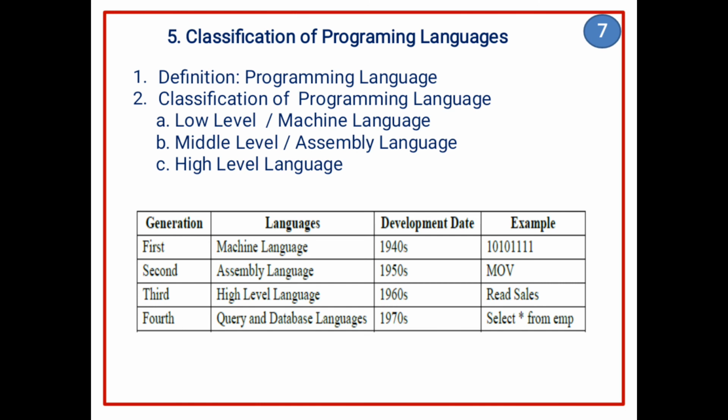And there are a number of drawbacks of this language. The first drawback is instructions need to be translated to low level language by using a compiler or interpreter. The next drawback is slower execution as compared to low level and middle level language. Third drawback is lack of flexibility, and the next disadvantage of this language is lower efficiency.